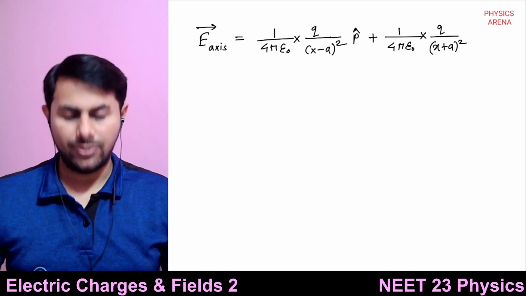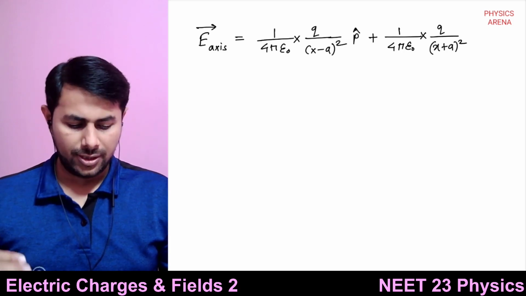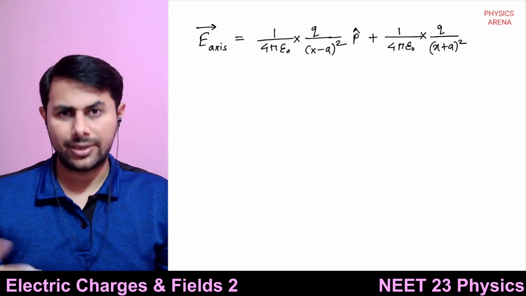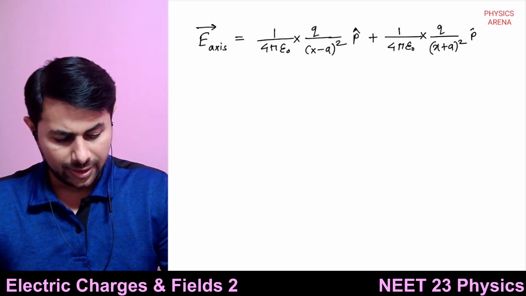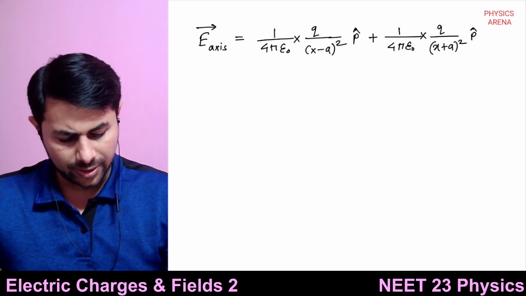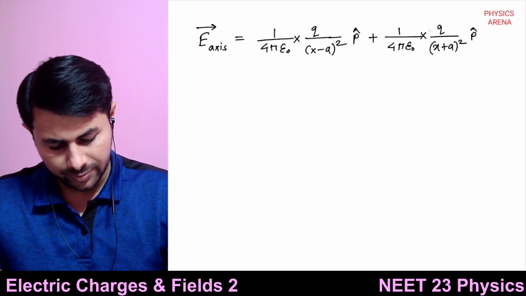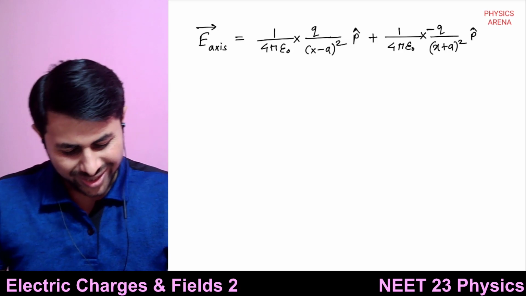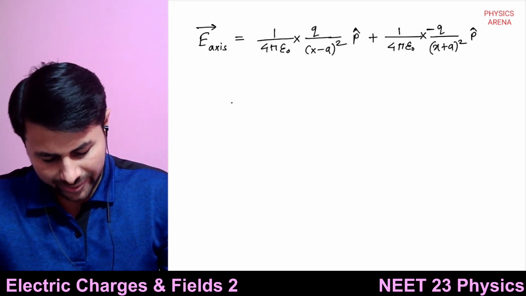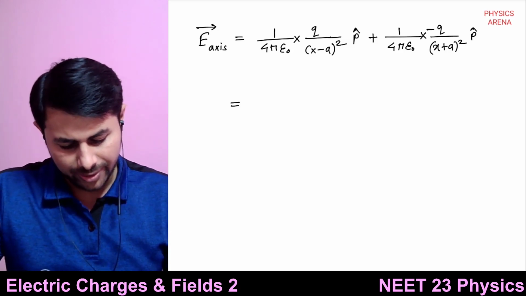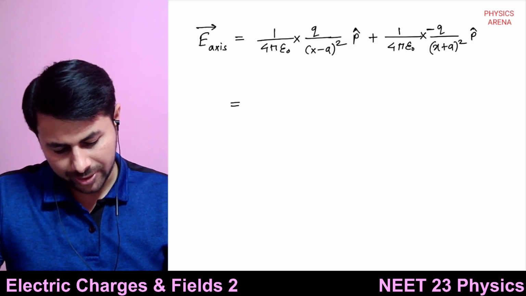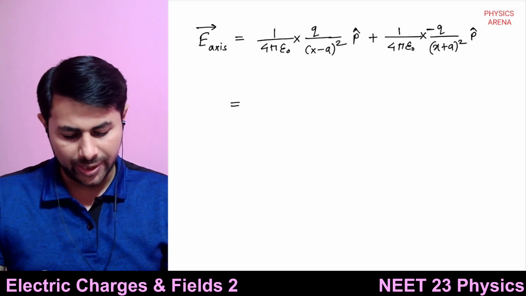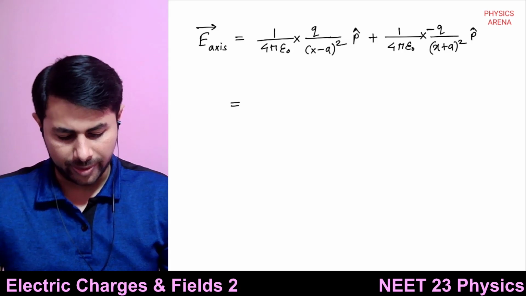So this is just magnitude. And what is direction? It is directed opposite to the electric dipole moment. So I will just write p cap and put that negative sign here. Okay, we can put it anywhere, right? Then we can take something common. We can take q p cap divided by 4 pi epsilon naught common from